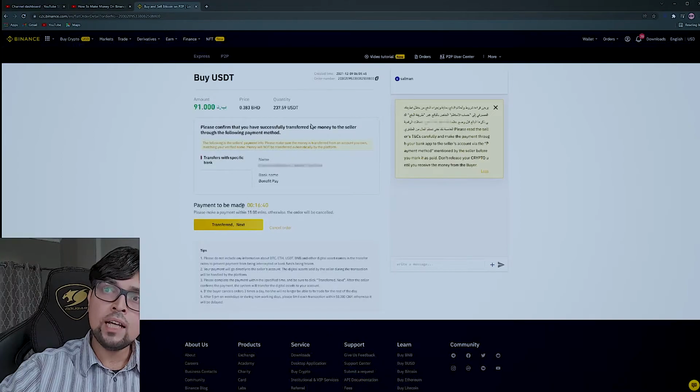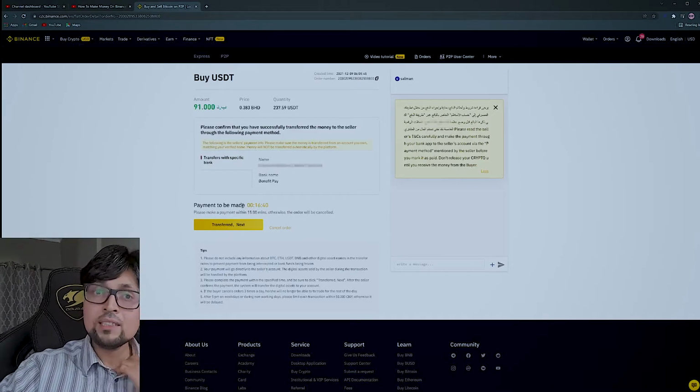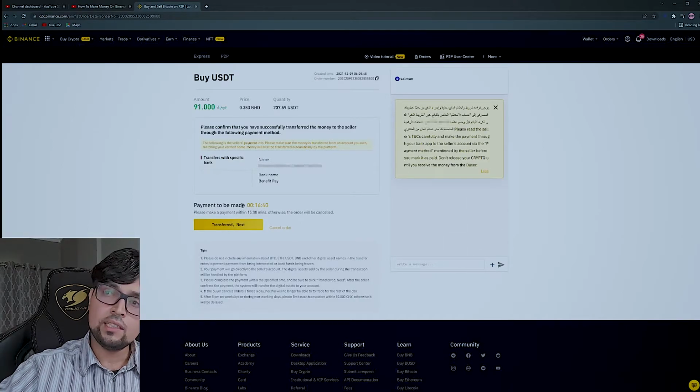In that case, Binance will freeze his USDT, and you have to provide Binance with the proof that you have sent the payment to that account which was registered over here in Binance. So that's a bit more secure. At the same time, I send him a message that I have sent you, send it to me fast, and this gentleman is not supposed to send to me unless he receives the payment in his account and checks it out. Only after that he's supposed to send it to me.